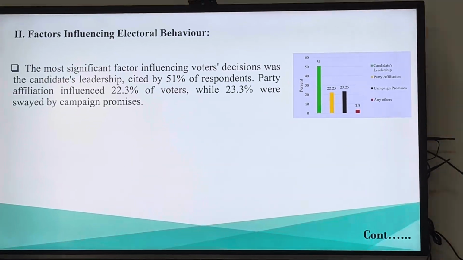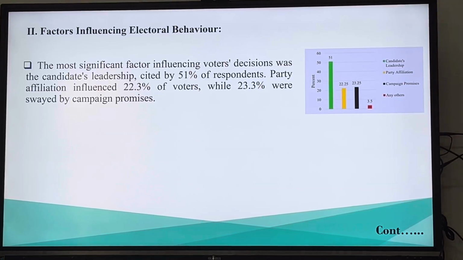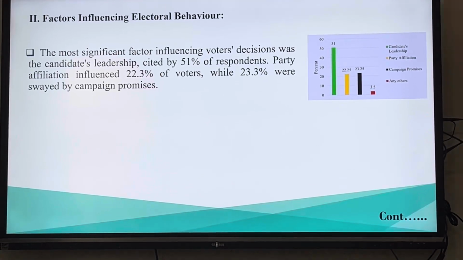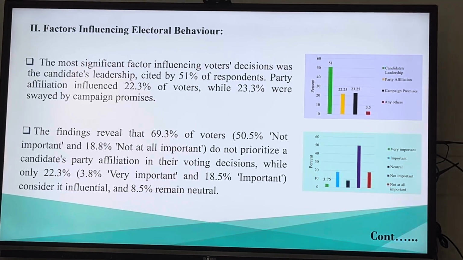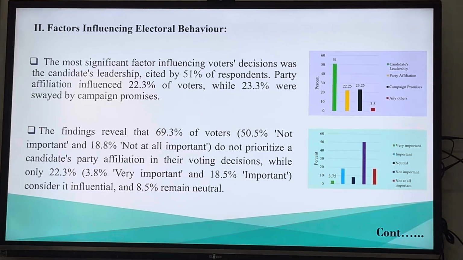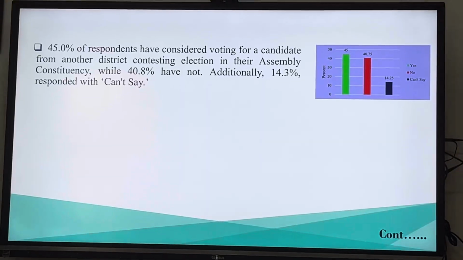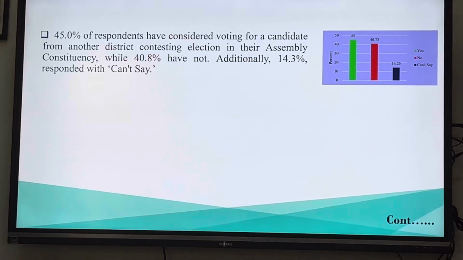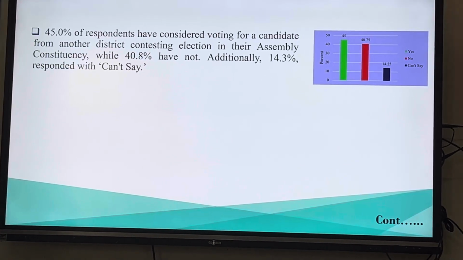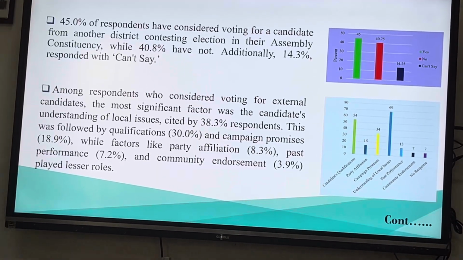Factors influencing electoral behavior. The most significant factor influencing voters' decision why they voted for a certain candidate was the candidate's leadership, as cited by 51% of the respondents. The findings revealed that 69.3% of the voters do not prioritize the candidate's party affiliation in voting decision. 45% of the respondents have considered voting for a candidate from another district contesting election there, and 40.8% did not. Among the respondents who considered voting for external candidates, the most significant factor was the candidates' understanding of the local issues, as cited